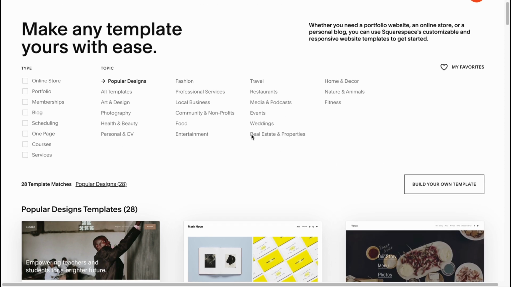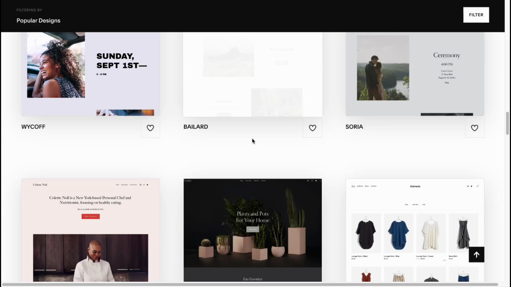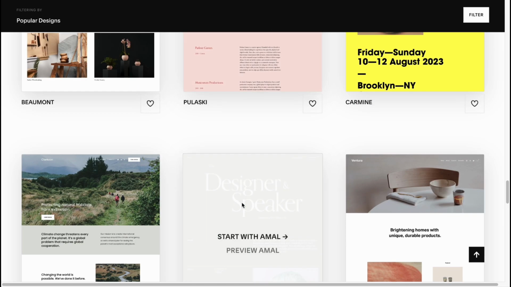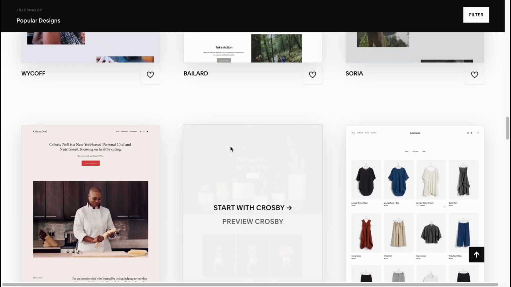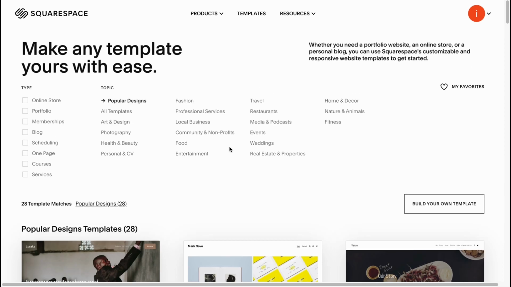So if you choose this option to use our template library, you'll be able to find this page here. And as you can see, if we scroll down, we can find a huge amount of different templates. All of them are free to use. Probably they will add something we'll have to pay for, but all these templates are easy to use. And to make it easier to find the necessary template, we have this filter menu where we can